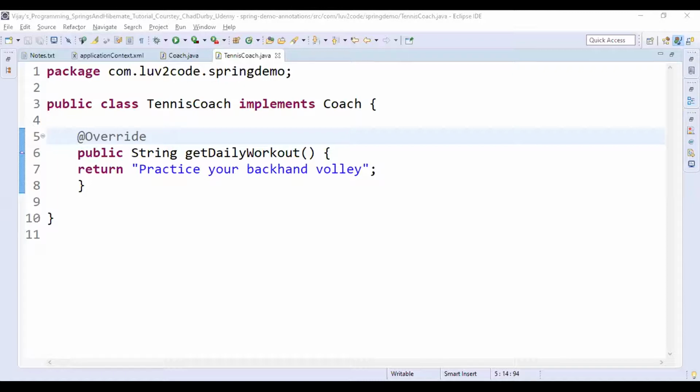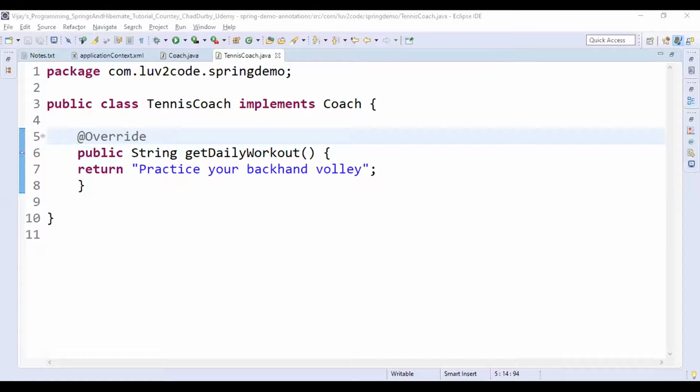If Spring finds an annotation that belongs to Spring, it will automatically register that bean with the Spring container.